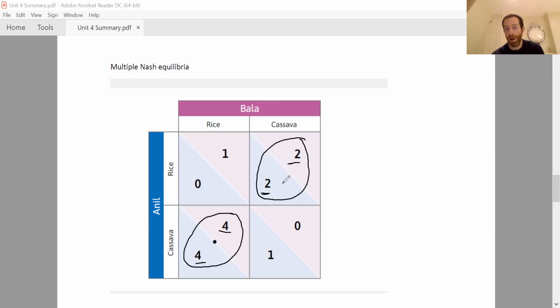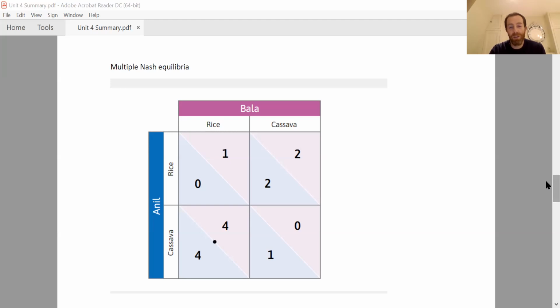But you can imagine, what if Anil had something in the back of his mind, like some family history of always wanting to grow rice that may give him a stronger preference for doing that? Then maybe, if Bala knew that, we would end up in this one. But typically, if you see these 2 Nash equilibria, you'd expect the one with the higher total payoff to be the one that would happen. So that is everything in terms of